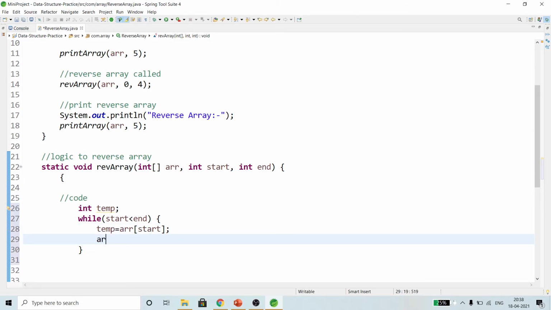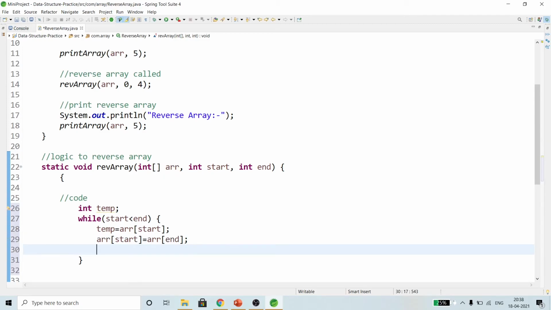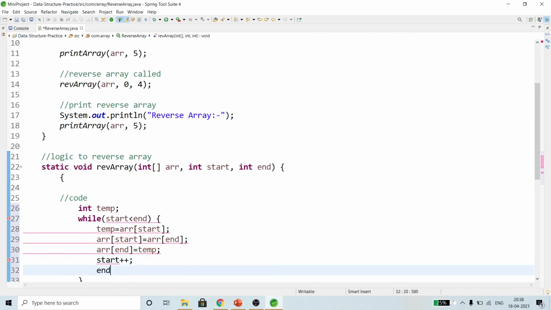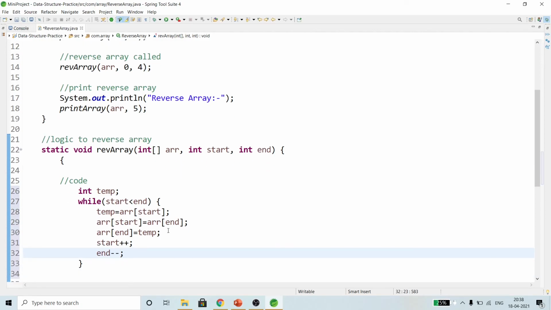Now our start index is empty, so we are going to store the end element here. Now array of end is empty, so we can store the temp value here. This is how swapping takes place, and at the same time we are going to increment the start pointer and decrement the end pointer. This is how the coding is done.